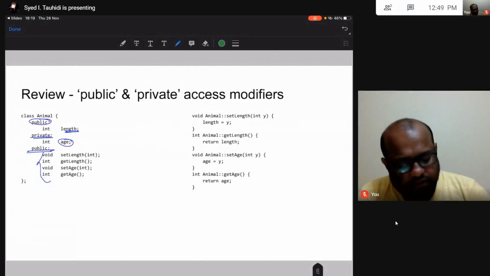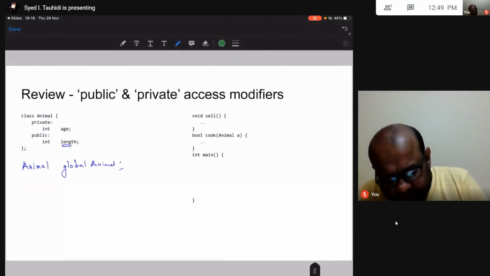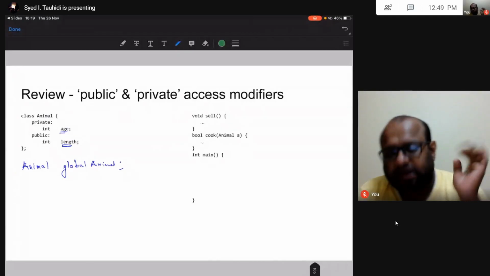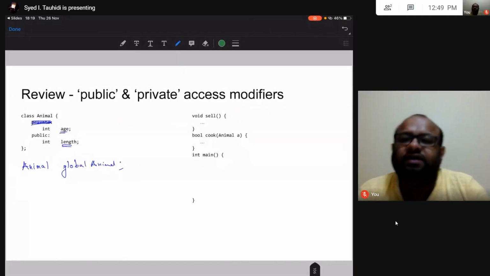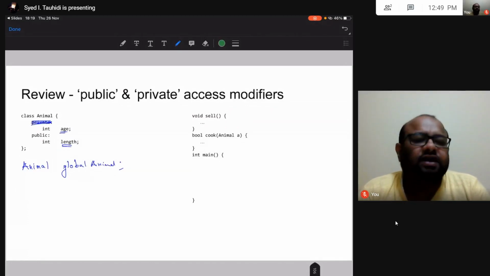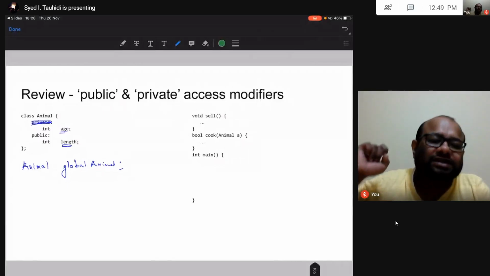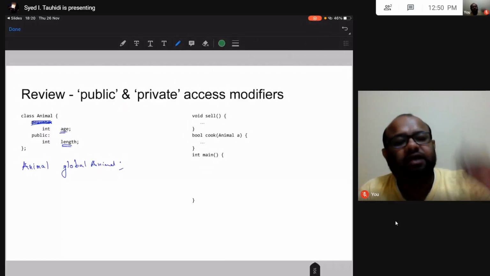Now one final thing that you should also know by now is that by default in a class everything is private. So even if I did not write this keyword private specifically, this program will not change anything. The meaning of the program will stay as it is. Age will still be private because by default everything is private.